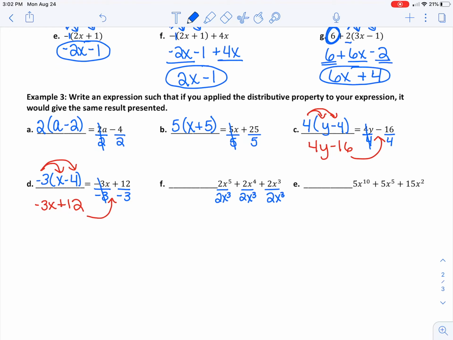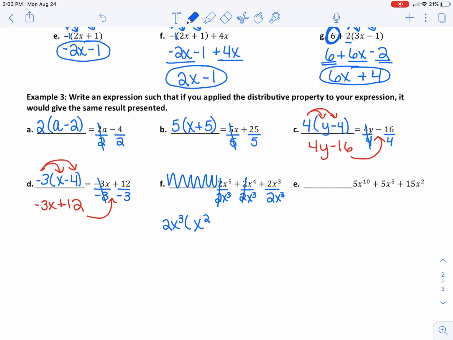So I'm going to actually write this down here. I'm just going to put that work. That line is not big enough. So I'm going to take out a 2x to the 3rd. And if I do that, the 2's cancel. And x to the 5th over x to the 3rd, this should have been something from Algebra 1A, hopefully that you guys remember. But what you do with the exponents whenever you're dividing is you subtract the exponents. So I'm going to take 5 minus 3, and that's going to leave me with x to the 2nd. Okay, again, these 2's cancel,